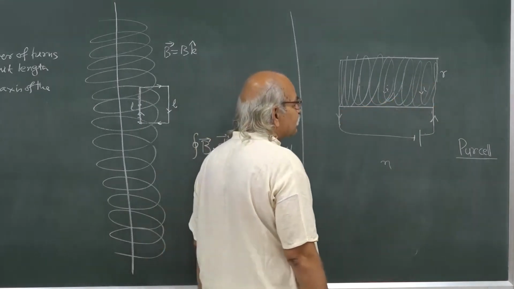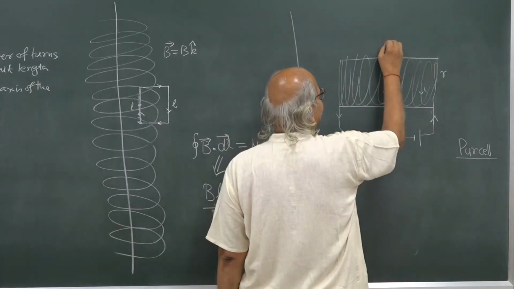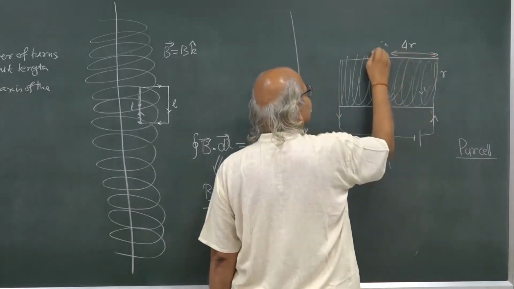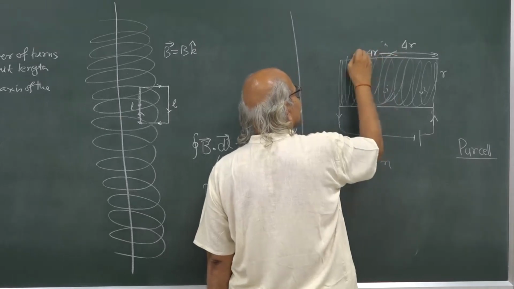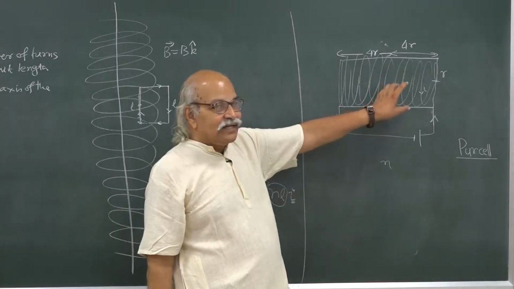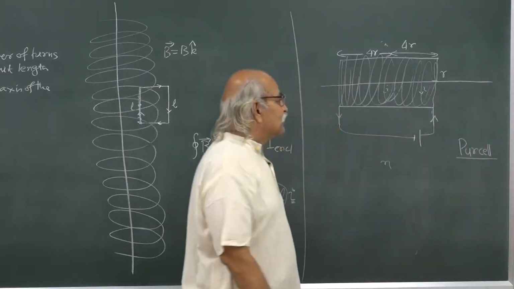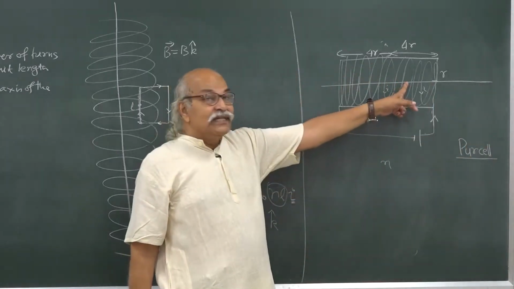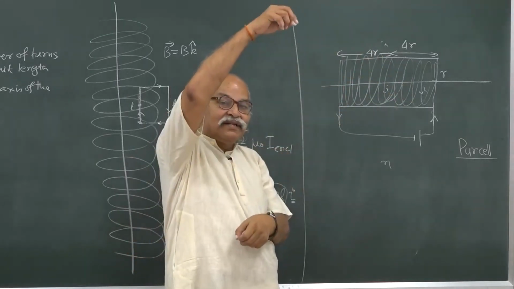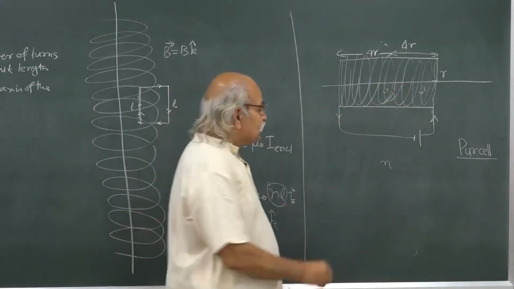And Purcell takes the example in which this whole length is 4 times the diameter or 8 times the radius. So, 4 times the radius on this side and 4 times the radius on this side. This is that radius. Alright. So, this is the solenoid, and then he calculates, this is easy to calculate using our Biot-Savart law formula on the axis. If you are on the axis, then you can use that expression from each turn, what is the magnetic field at the axial point, and from there you can do that. And on this they plot a graph,